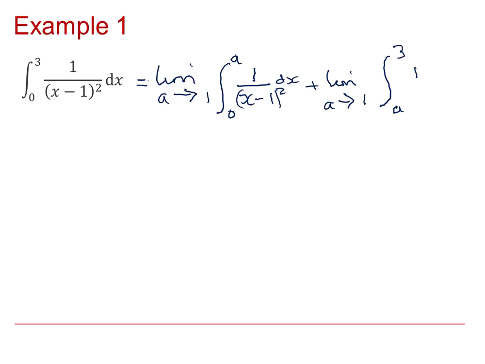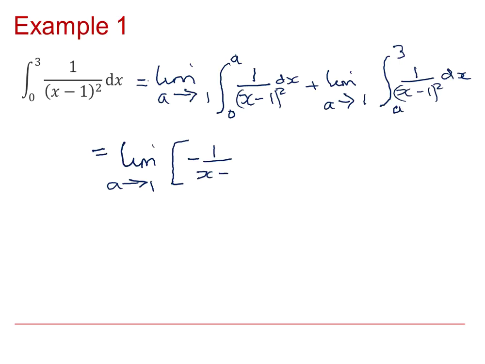you can see what we mean by those split integrals between 0 and a new variable a, and then a up to 3. In this case we have chosen that limit a tending to 1 as that's the problem value. It's important to keep these separate. So the integral will be 1 minus 1 over x minus 1